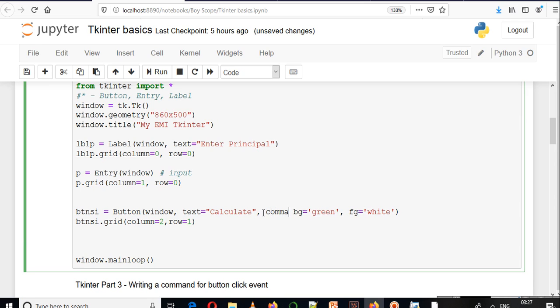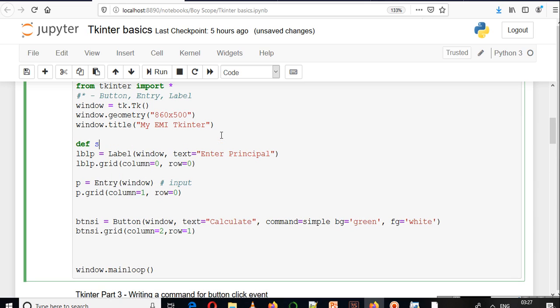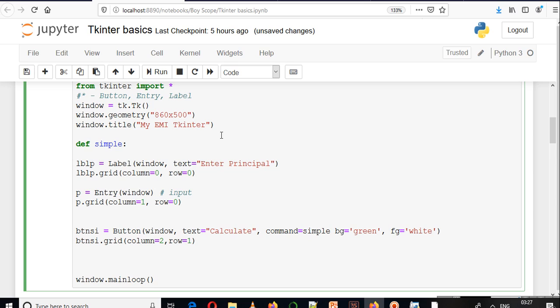There is an attribute that you have to provide for command. So let's say command is equal to simple, and then you will have to write a function here, def simple, and then you have to write something here. So we'll see in the next part.